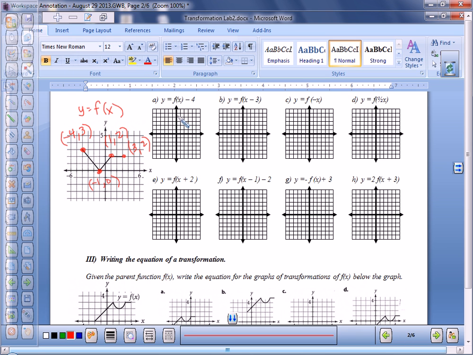Okay, what does B tell us to do here? Shift right 3. Thank you. Shift every point right 3. Okay, go ahead and finish up A through H, because I think that's why I had